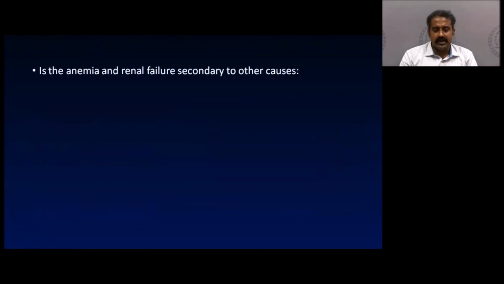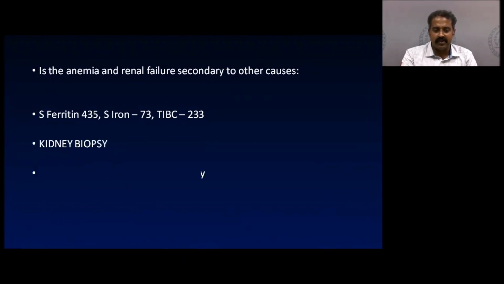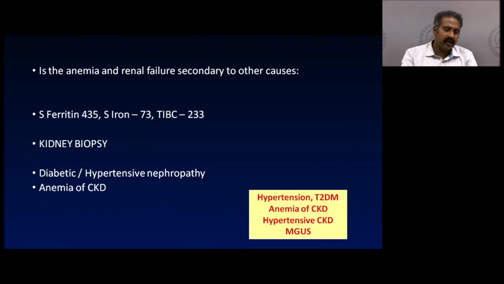Now this patient has anemia and renal failure. In such a situation, always find out if anemia and renal failure are secondary to other causes. This patient underwent workup for anemia, and it was proved that she had anemia of chronic disorder. Kidney biopsy was done, and the reason for the renal failure was diabetic and hypertensive nephropathy. So this patient essentially had anemia of CKD and CKD with a small monoclonal protein, and the final diagnosis was